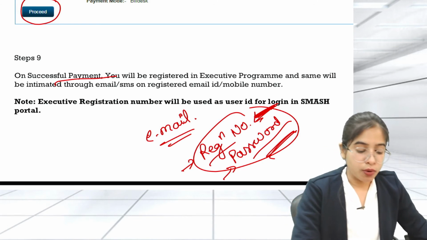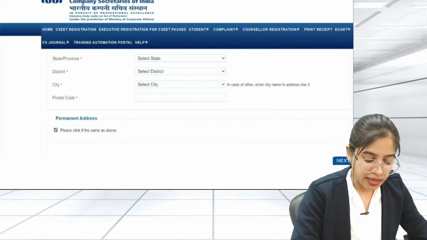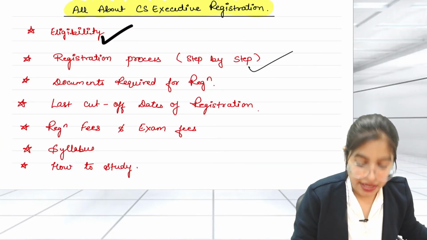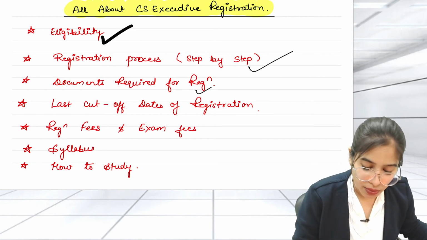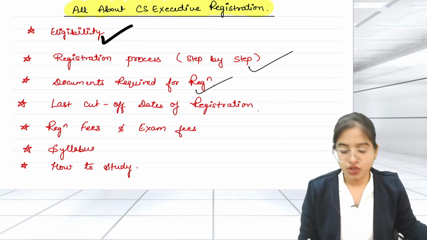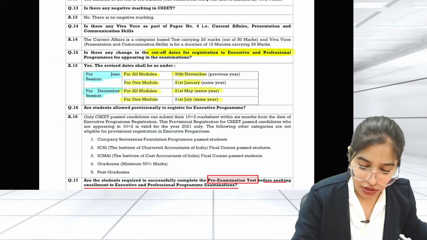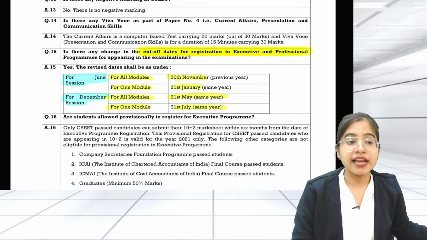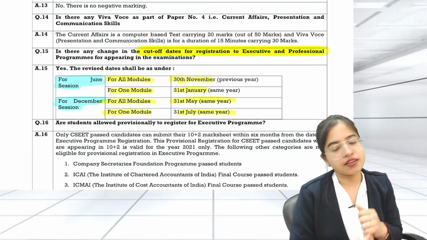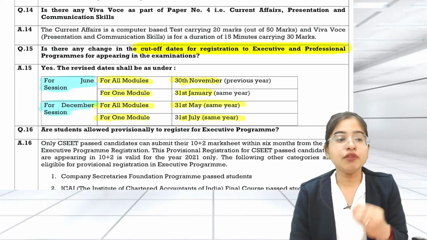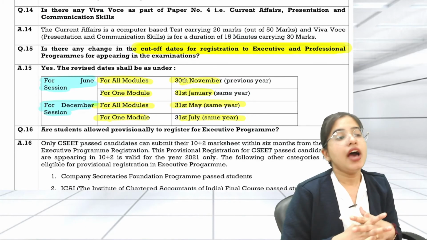So this was all about the step by step registration. We are done with the step by step registration process and the documents required for registration. After that, I want to tell you the last cutoff date for your executive registration. For that, I have opened the ICSI FAQs. ICSI has given various FAQs,